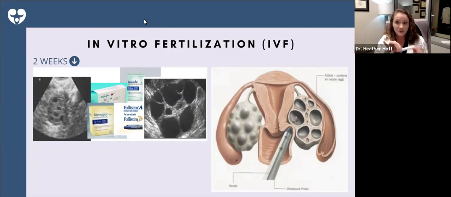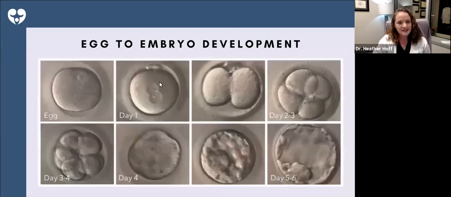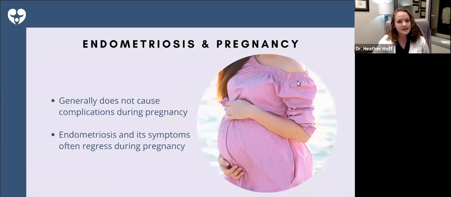And so after about 2 weeks of these medications, then the ovary goes from this state to look like this, because these are likely mature eggs within these follicles. Here's the time when those eggs are retrieved. And then they are taken to the IVF lab, where here they're going to be cleaned off, they're fertilized, they're grown in culture about to this 5 or 6 day mark, at which point they're put back in the uterus. And so again, if that's the route that your treatment chooses, then we will talk about all of that in great detail at your visits.